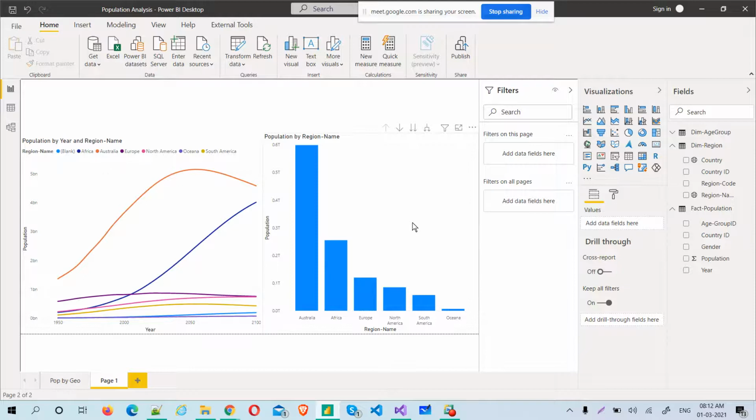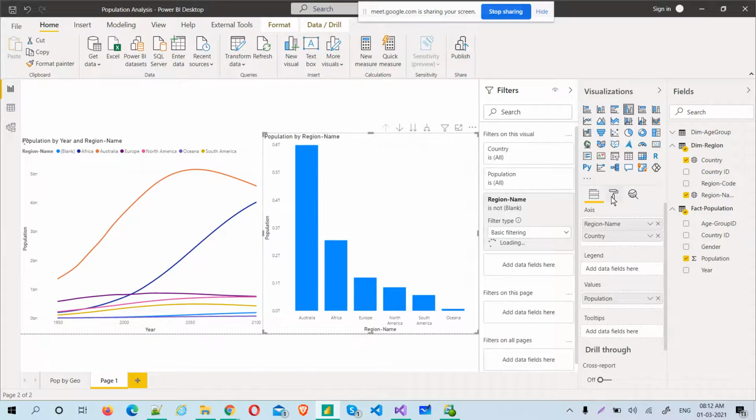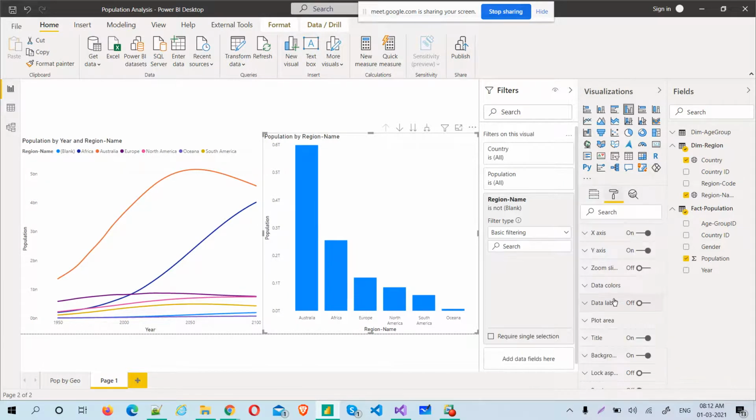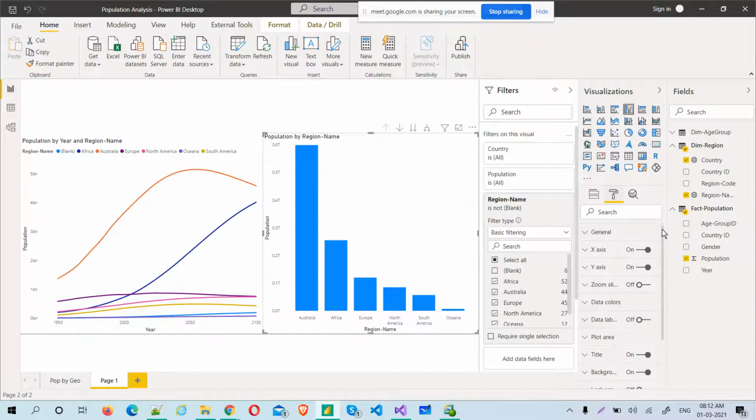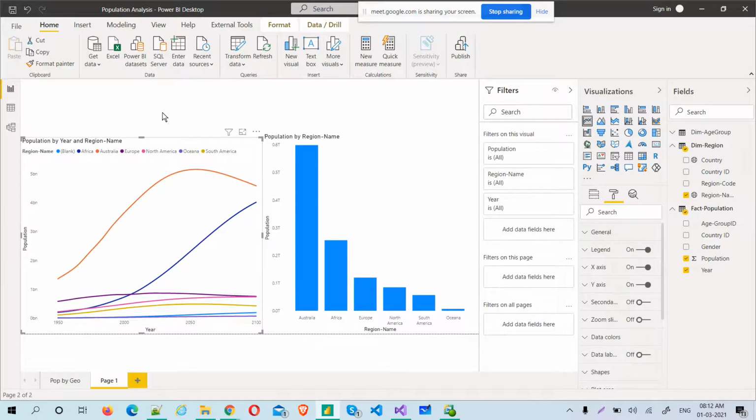Now we can format a lot, but I want to format in a different way, not just visual formatting, where you select it, go to the brush, and do all the formatting options that are available. No, I don't want to do this. I want to do it in a different way. Drill through, drill down, we already discussed, and here also we can do a lot of things, but actually we want some slicers also. Let me create some slicers here so that we can go back to the themes, and themes will give you different perspectives on this.